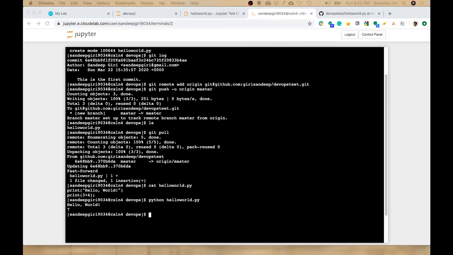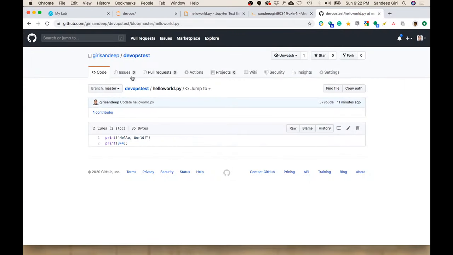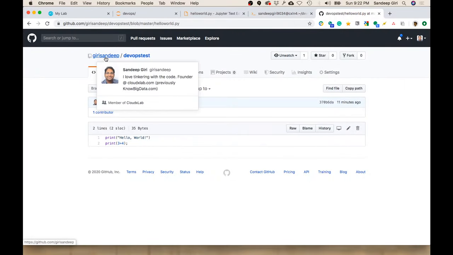It is asking to config when I'm trying to commit. That's right. So you need to just set up the GitHub in order to make it work with your account. So the way I set it up is